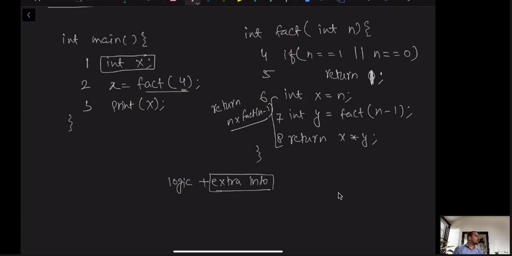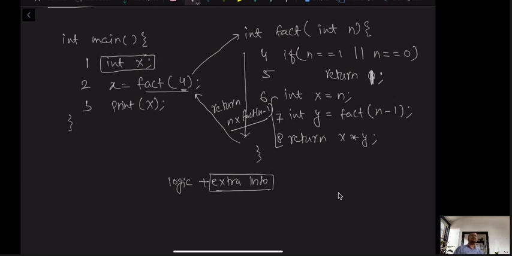In the next line, it is calling factorial 4. So that control has to transfer onto the next function. And after transferring the control, it has to run all the instructions written in that function, and then it has to go back to that same instruction. How does the compiler know from where it has to jump to another location, and after running all the instructions from that location, go back to the previous location? How does it maintain this? This is all extra information it has to maintain.